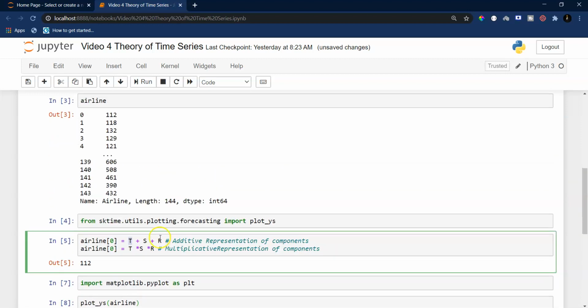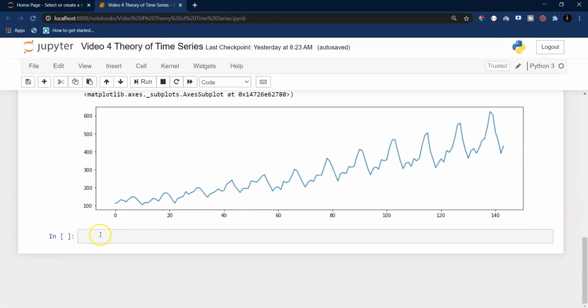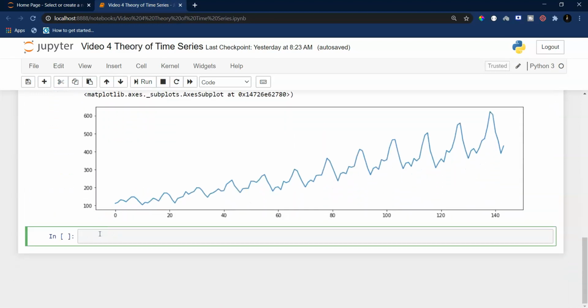Similarly, there is a procedure for computing the seasonality, which we will not talk about. Just understand that once we figure out T and S, the random component can be evaluated by subtracting these two values from the actual realization. Let me show you how we can compute the overall trend of this particular plot.